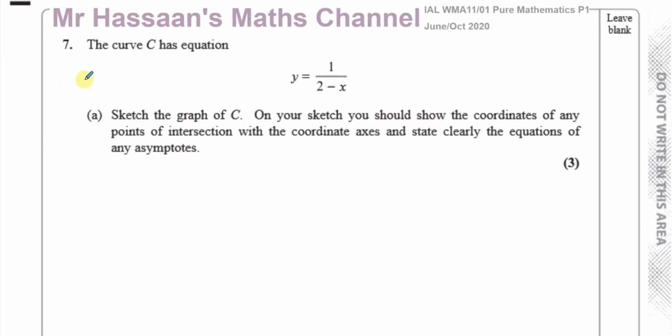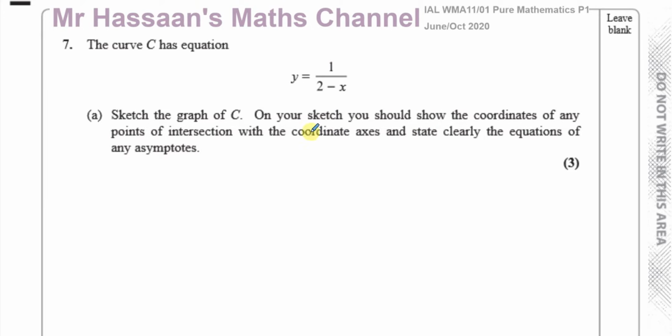Now, part A, here we have a curve which has the equation y equals 1 over 2 minus x, and we're asked to sketch the graph of the curve C, and on the sketch we're asked to show the coordinates of any asymptotes, so any points of intersection with the coordinate axes, and we must state clearly the equations of any asymptotes. Okay, so in a question like this, first of all, we need to look at the type of